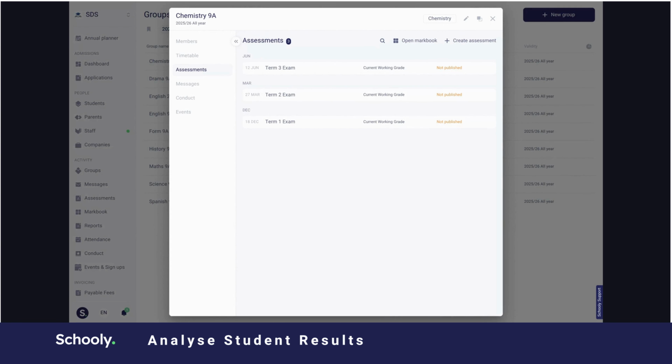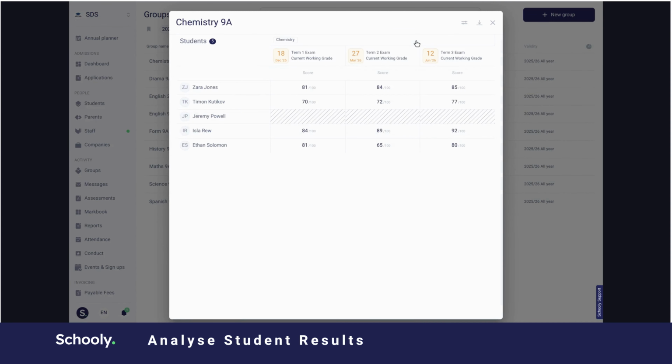These same tools are available to you when you're looking at a wider range of assessments. In this example, I'm picking one class, Chemistry 9A, and I have 3 separate exam results across the year. If I open the mark book for this group, I can see those 3 sets of results presented against one